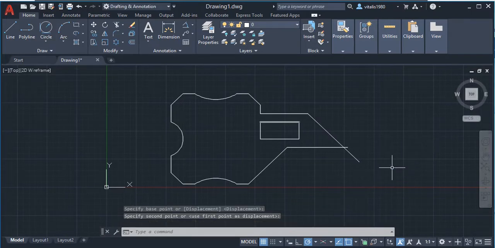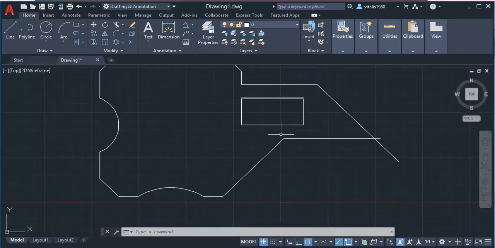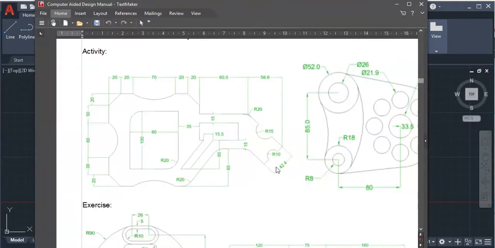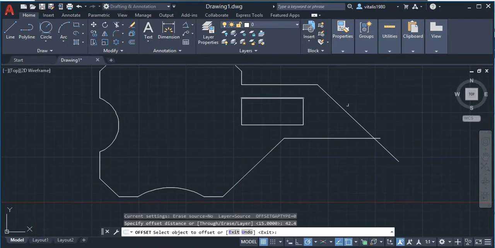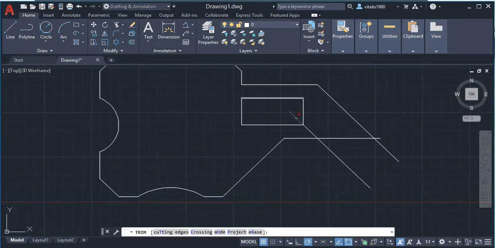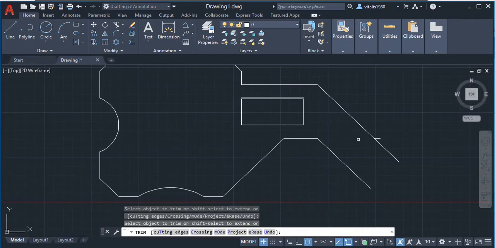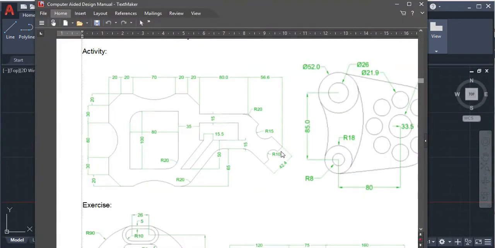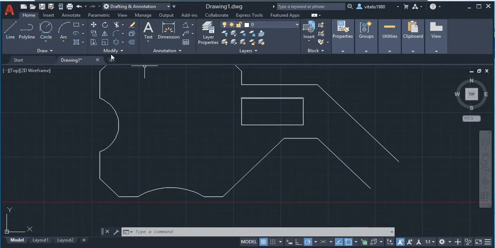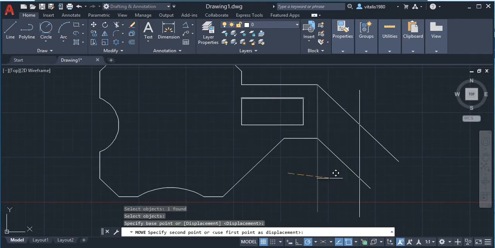And then offset this line by 42.4, and then trim off this, trim everything off. And then to get this point, the distance from here to here is 56.6. So what I need to do is to draw a reference line, then move it by 56.6,